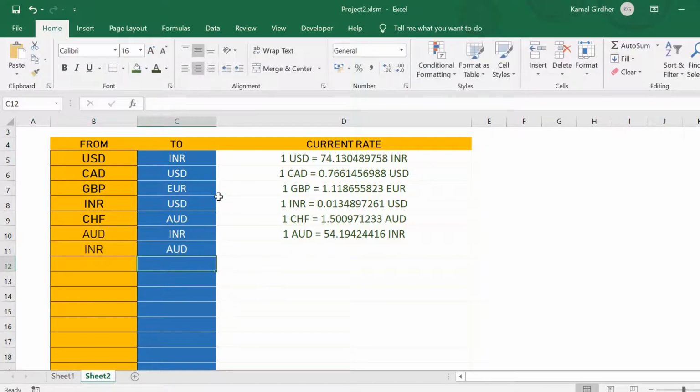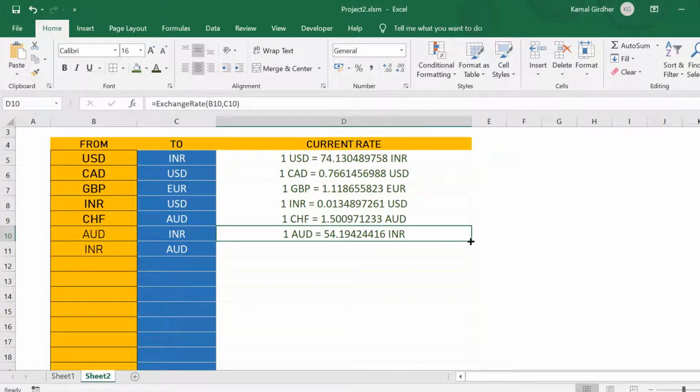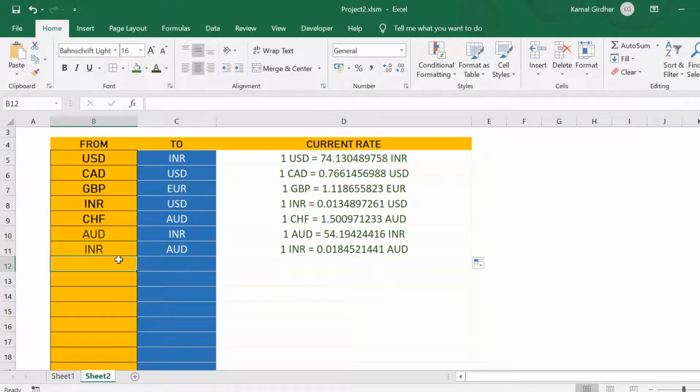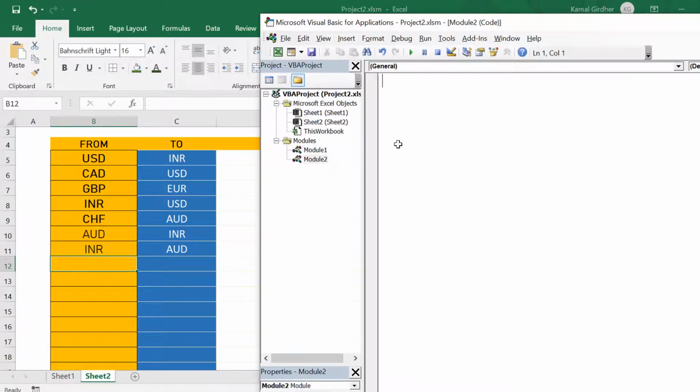Basically what happens behind the scene is we create a function which we are using here as a formula, and in that function we are calling an API with the parameters that we give here in columns B and C, for example. Then we get the response in JSON or XML format, and we convert that response into our desired format. Alright, so we are going to see how we create a function which we can use as a formula here